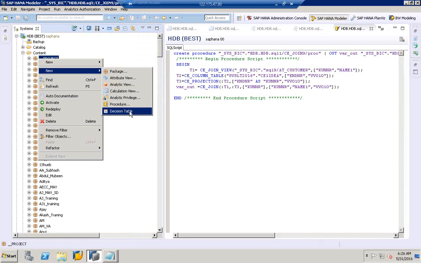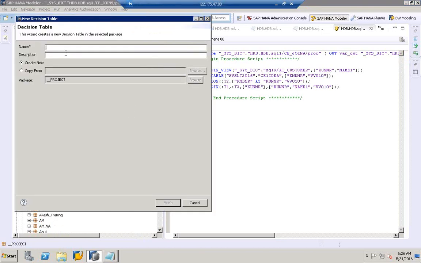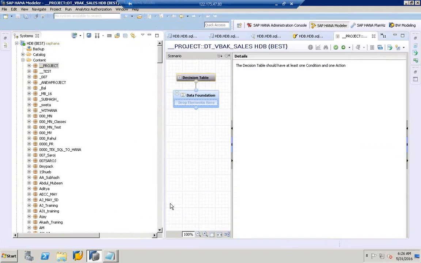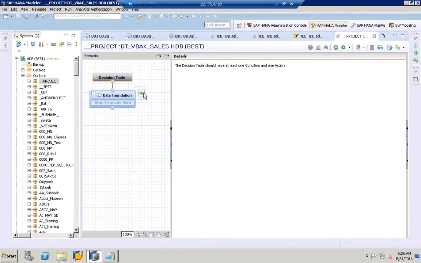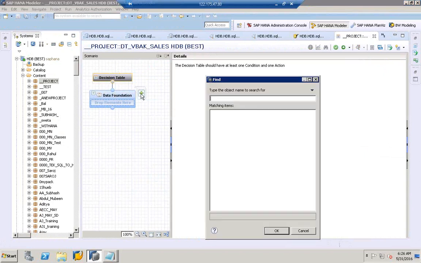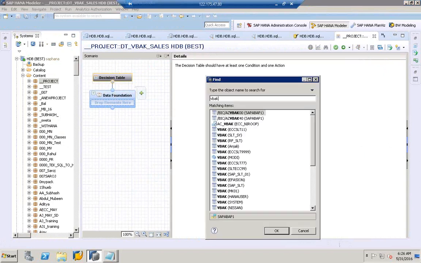Let us create one decision table. I'll click on decision table. DT_VBAK_sales. Let's give the description. Click finish. Let's give the table name and the data foundation, VBAK. Let us select from